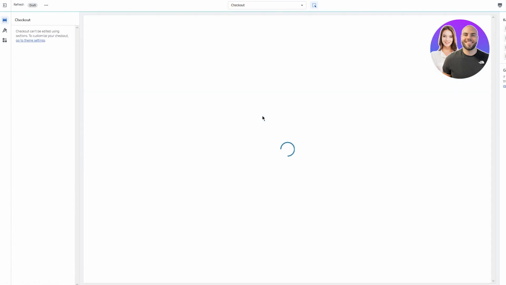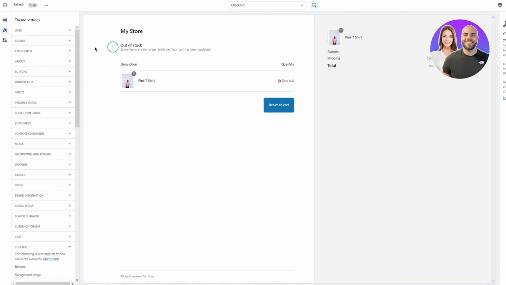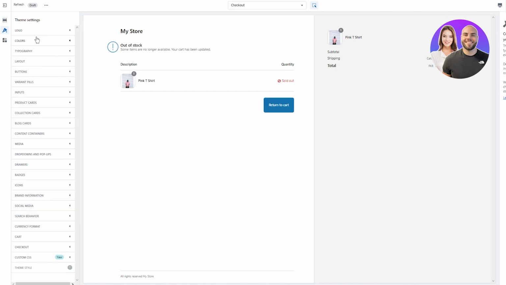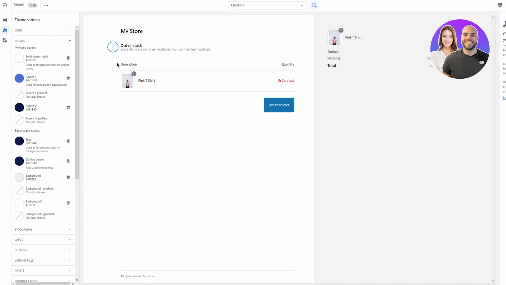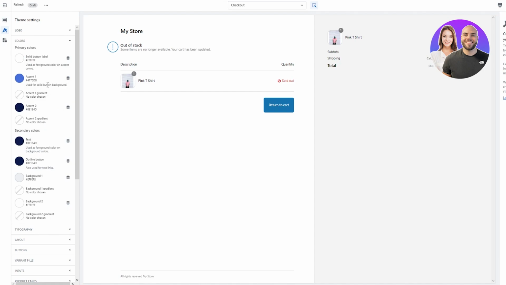So if you were to go in the checkout page, obviously you can see, this is your basic checkout page. And obviously you can keep some colors over here. You can keep some nice little coloring going on. So for the coloring, here are your colors. Now, as you can see, here's your solid foreground colors that you can change. And these are your foreground colors for your main page, obviously. Now, these are your background colors where you can